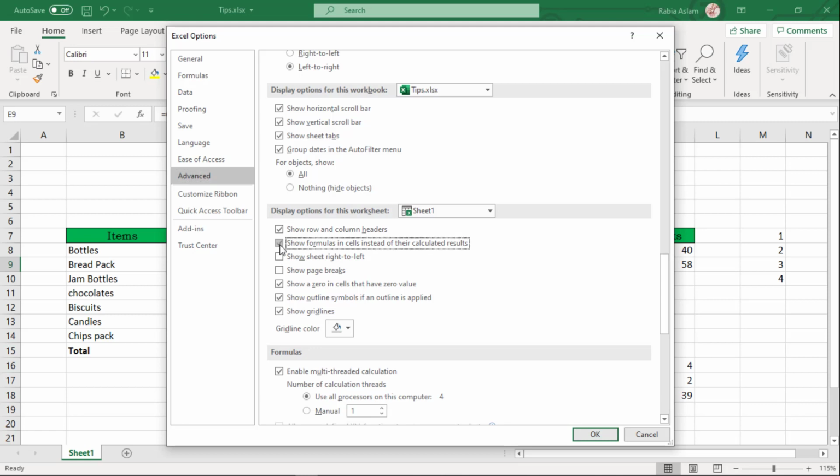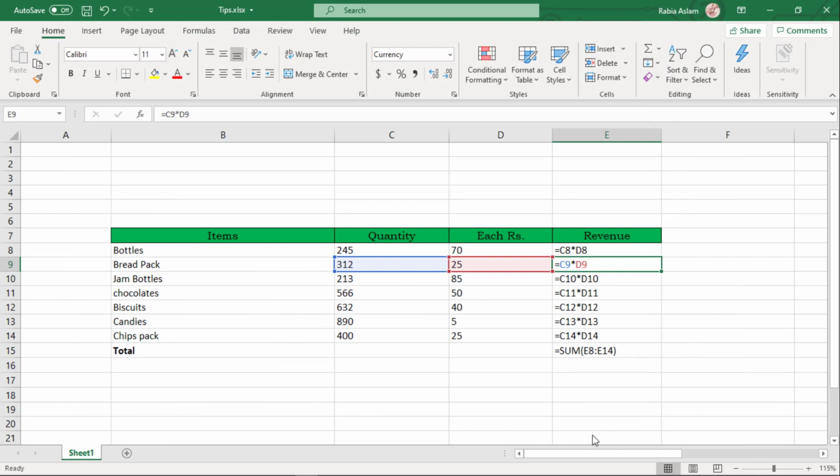Mark this checkbox, hit OK. Look, now you can see all the formulas in one view. You can also do the same by using the shortcut key, which is Ctrl plus tilde.